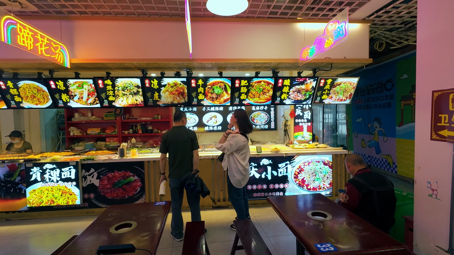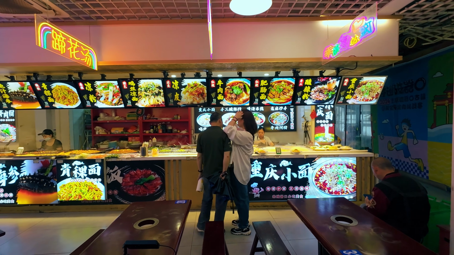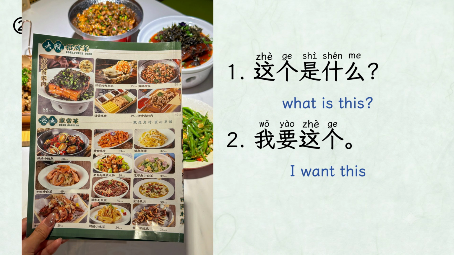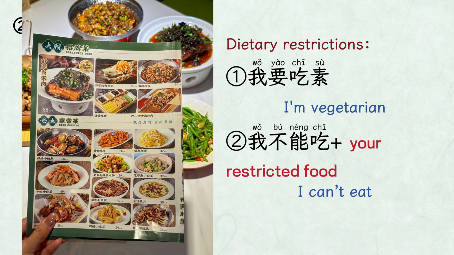If you order from the menu in person at the restaurant, these are the essential Chinese sentences for ordering. 1. 这个是什么？2. 我要这个。